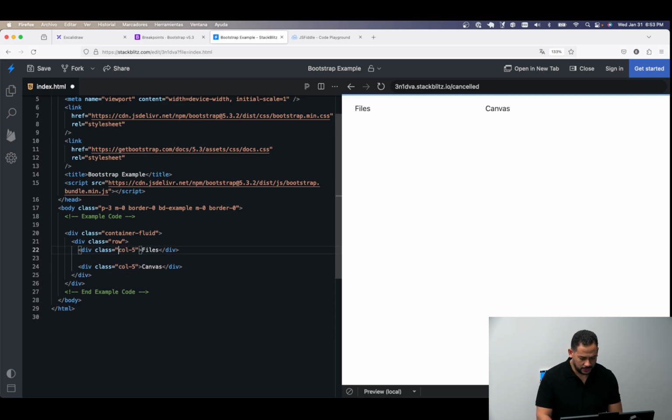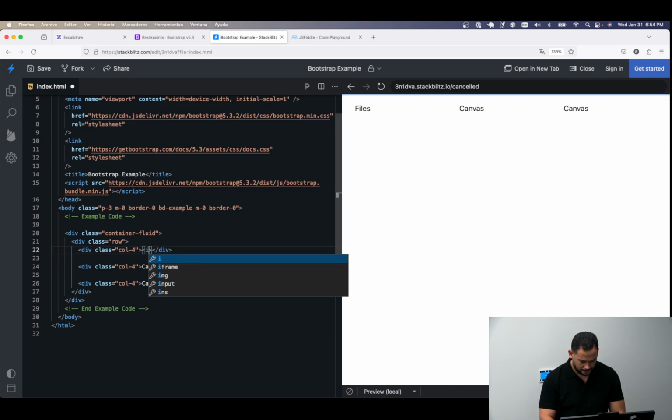So let's do this. Let's assume that you have pictures, right? Let's say you have a grid of pictures. Like let's say you have 3 by 3 pictures, right? That would be column 4. Now there is one thing. Let's put a picture inside here. Where can we get a picture? Actually,